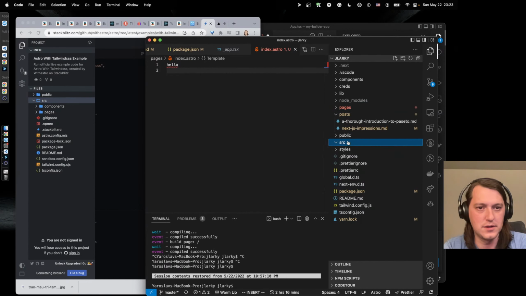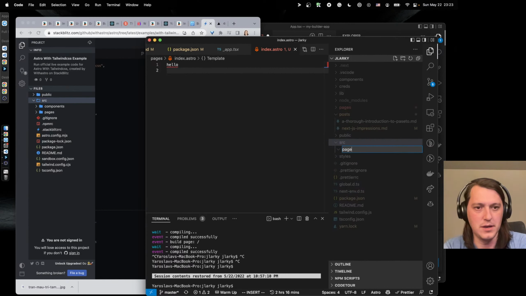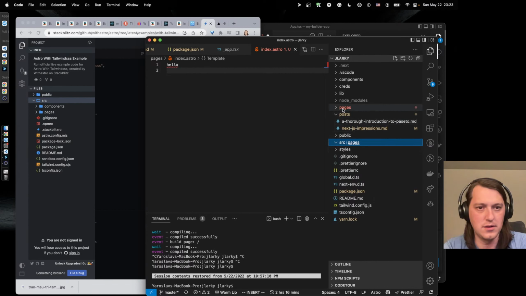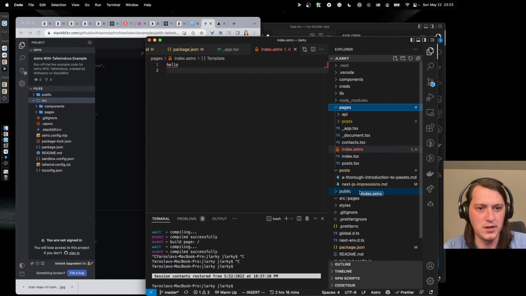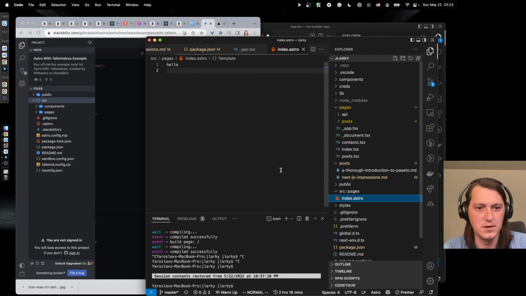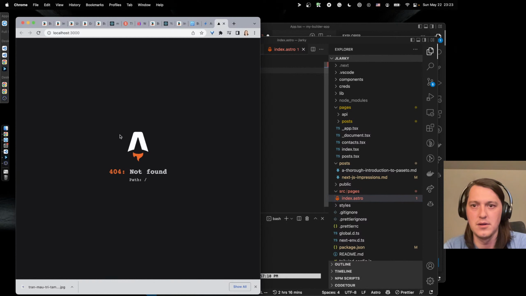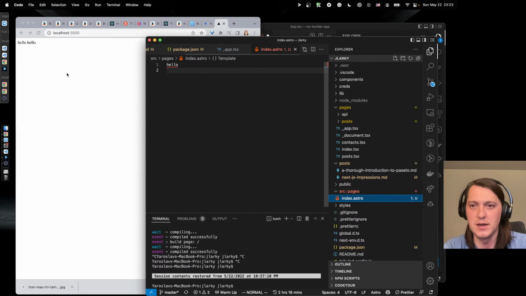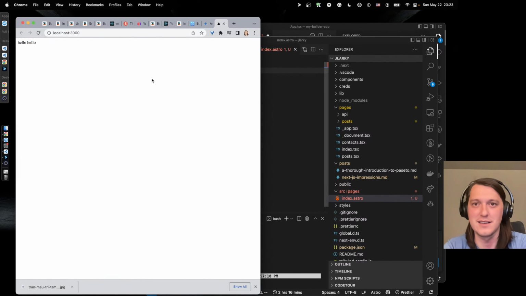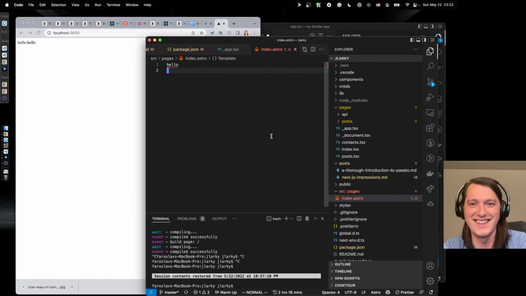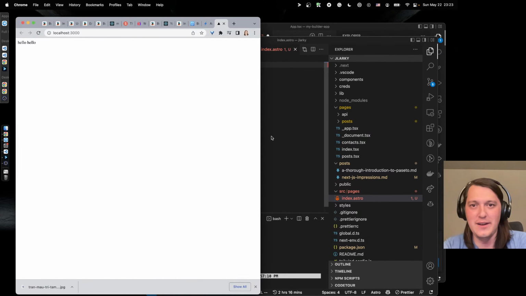So in that src, I just create pages, and in that pages, I move my index.astro stuff, and it works, but twice. This is the third time I see this. Okay, so now